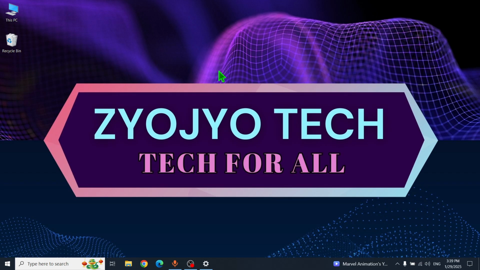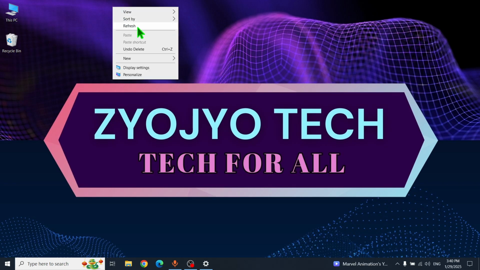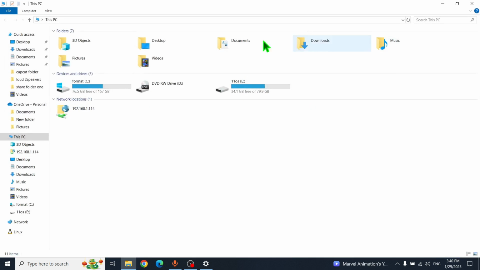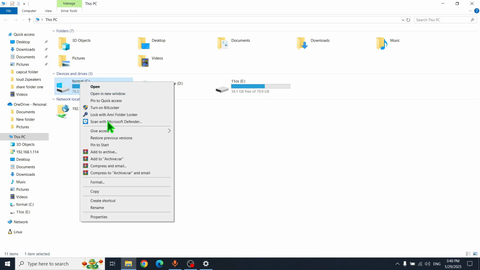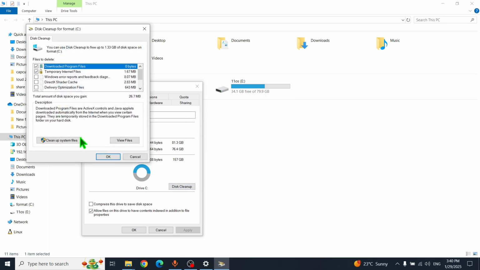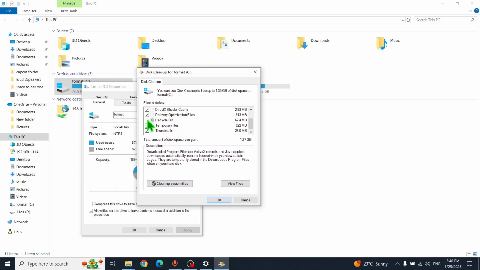Next is that you can run Disk Cleanup. How can you run Disk Cleanup? Just go to This PC or This Computer, go to the C drive and right-click, then go to Properties, and you can find Disk Cleanup here. Just click Disk Cleanup. After it analyzes, check all boxes, then press OK and you can find the total amount of space you gain. After cleaning this you will gain 1.33 GB. Just click OK